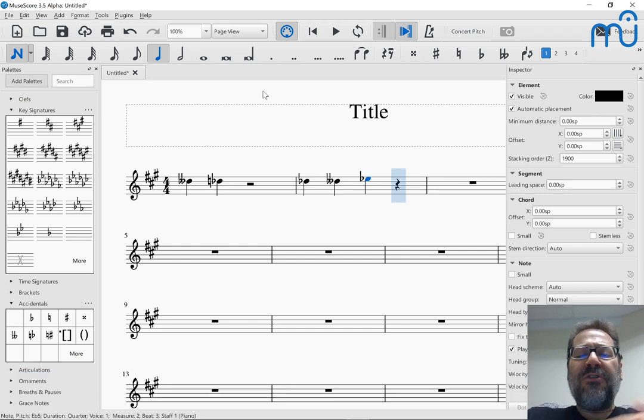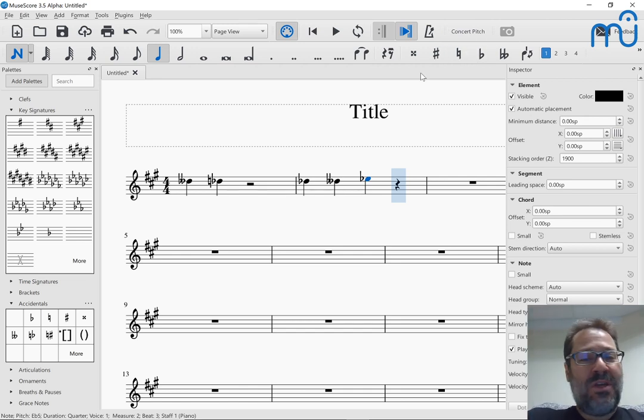So anyhow, when I entered that E flat, I pressed E and then down arrow. Well, that meant I heard the E first. And some people don't like hearing the wrong pitch first when they're entering the notes. They'd rather just enter the E flat right off the bat. So as of